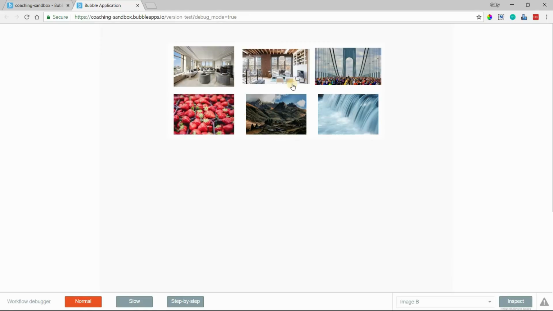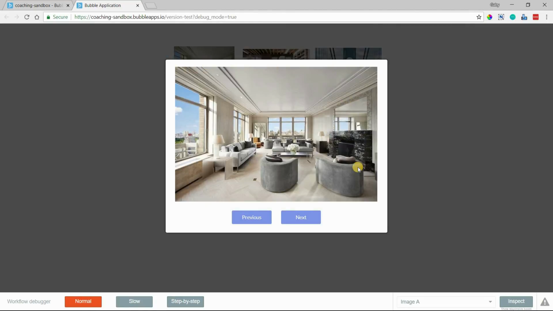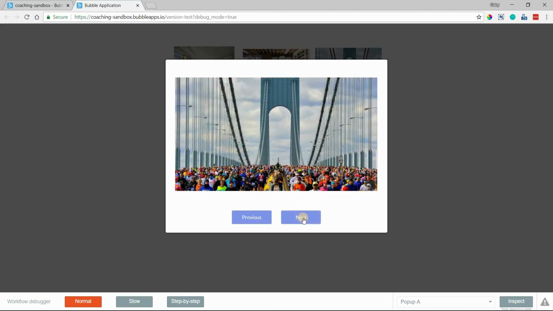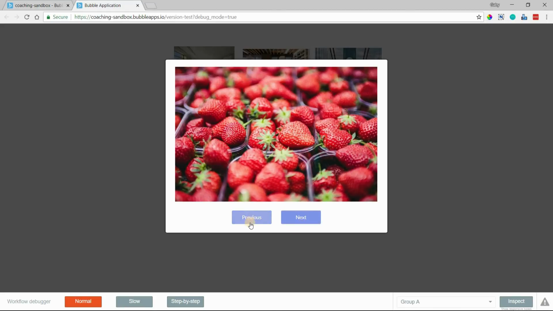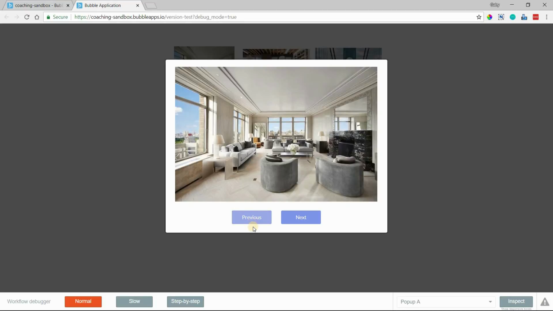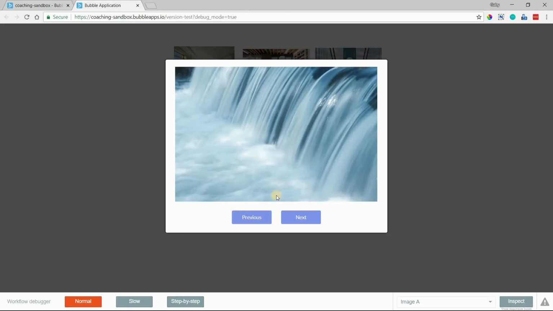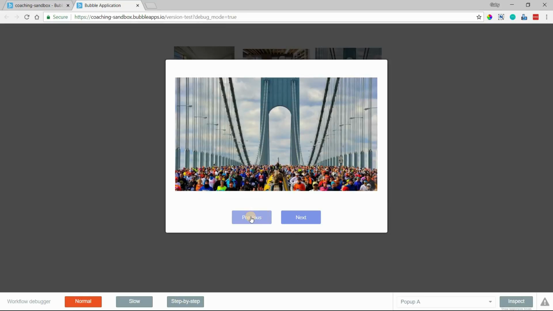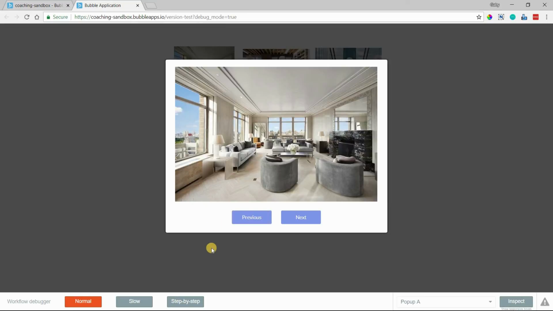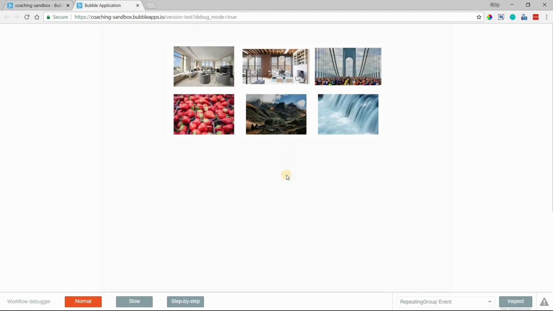Okay, so when I click on the first image here, we'll show the pop-up and we can see that that image is a lot bigger, we can see it better, and I can click on next to go through in that direction, or I can click previous to go back in the reverse direction. You can see if I click previous when I'm on the first image, it'll just wrap around and start at the end of the list because I checked that wraparound feature. Okay, so far this is behaving exactly how we want, but let's say I go back out here